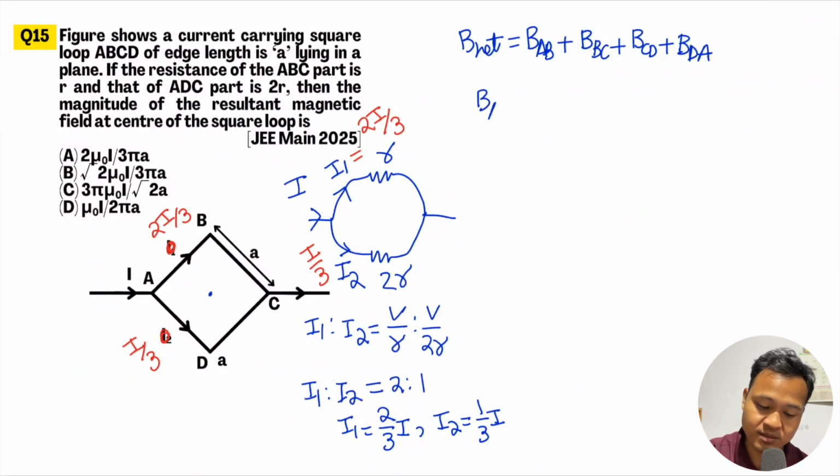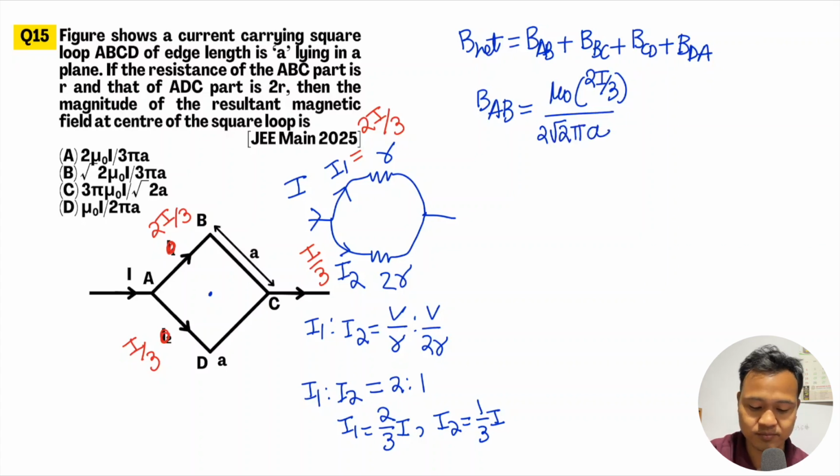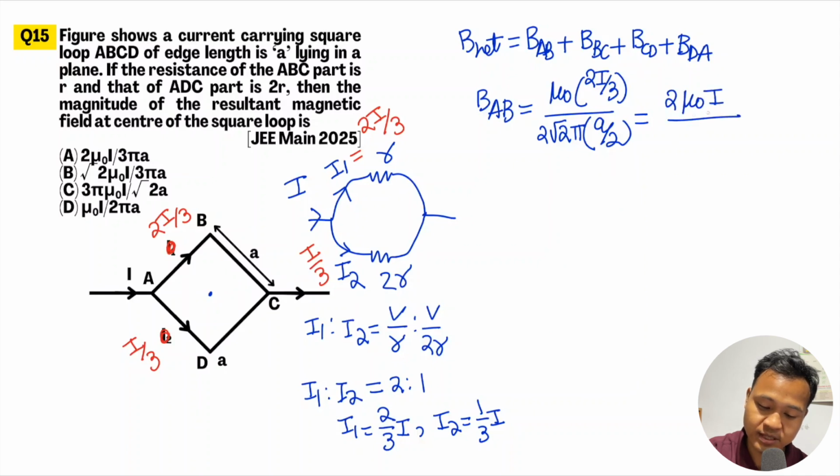So B_AB will be mu naught into I, so I is 2I by 3. So by 2 root 2 into pi into A. The distance is A by 2. The total is A, so that means this is half of A. So here you'll have 2 into mu naught into I by 2 root 2 into pi into A